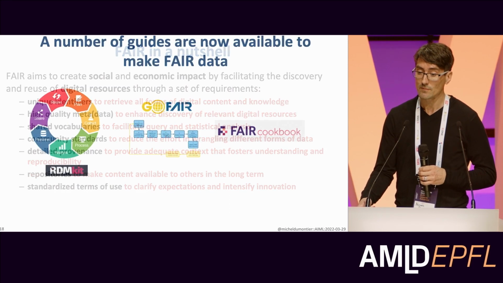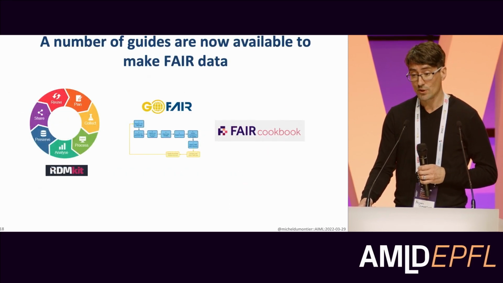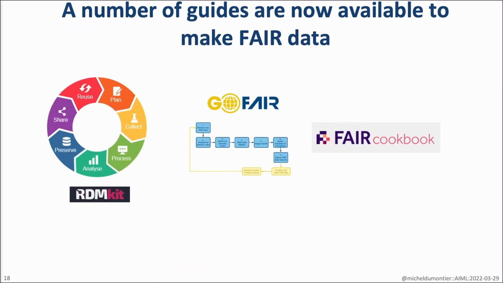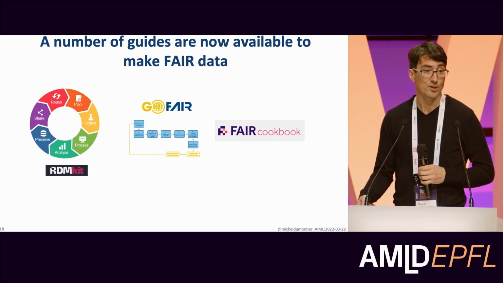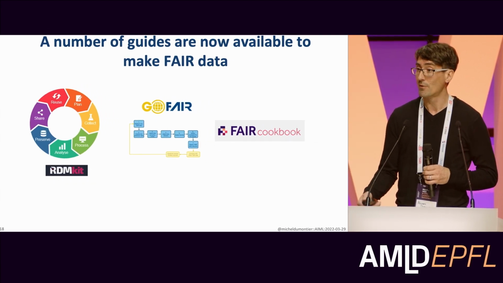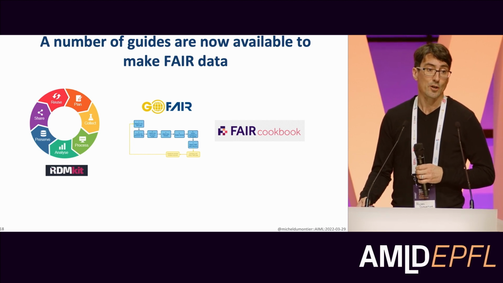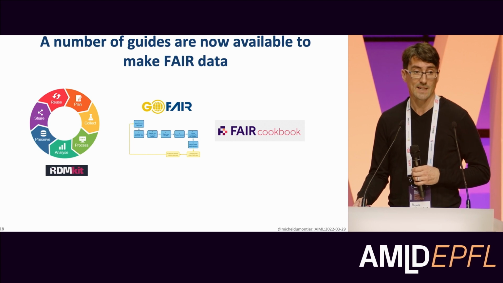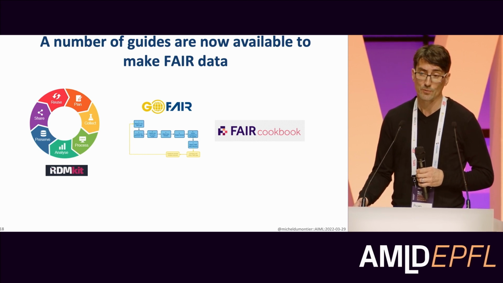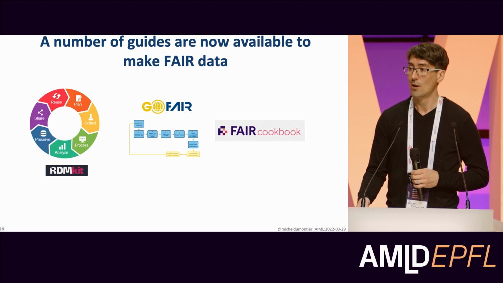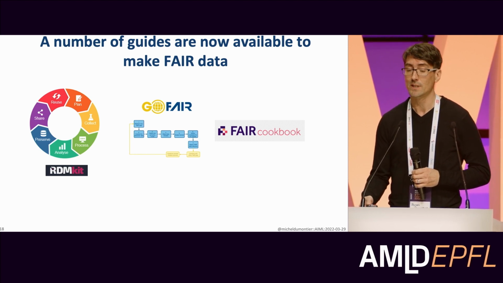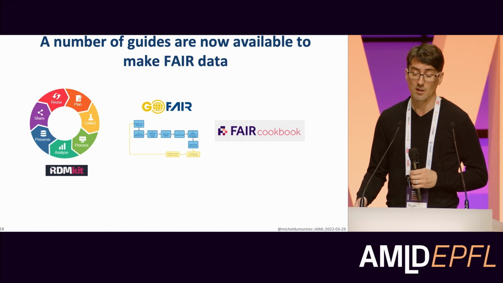There are a number of different ways in which FAIR data can be created, and these, again, come from the grassroots. Sites like RDMKit and FAIR Cookbook are collections of recipes to make FAIR data for different data collections. So I encourage you to look at that and see, for instance, if you have gene expression data, mass spectrometry data, and so on, communities are coming together to define what those standards are. Which identifier systems should we use? Which data formats should we use? Which terminologies and vocabularies should we use? Which licenses should be applied to the content that we create?